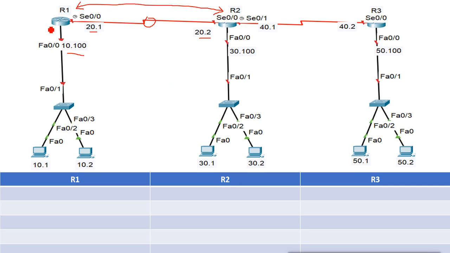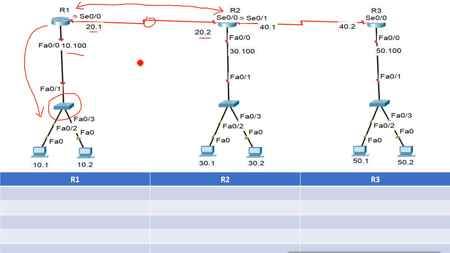Actually it also sends the hello information to this side, but from this side it will not get any reply, because here we have a switch, and we don't have any router running EIGRP. Now when they receive the hello packets, they first look at the information inside the hello packet to create the neighborship.